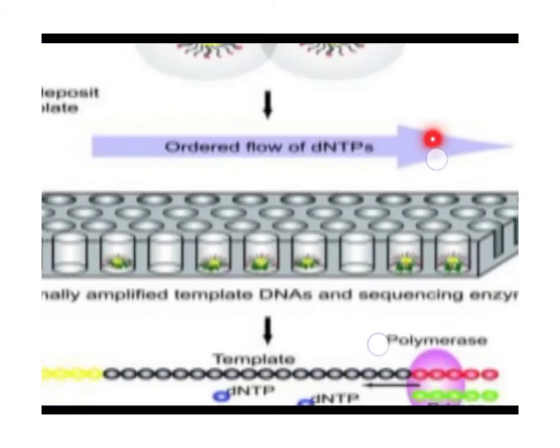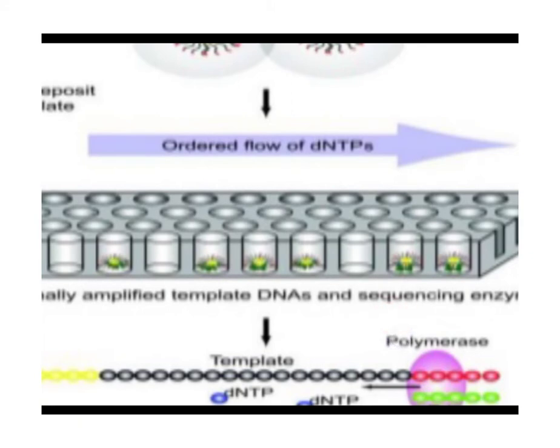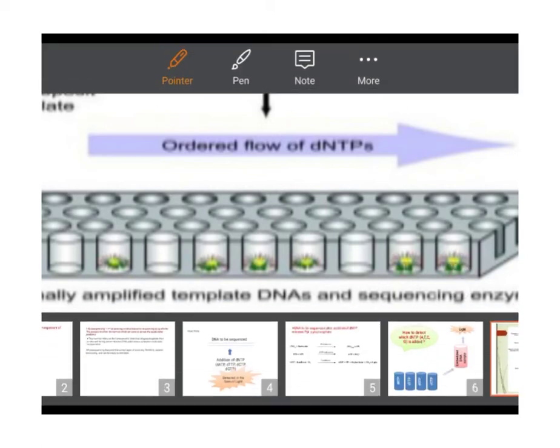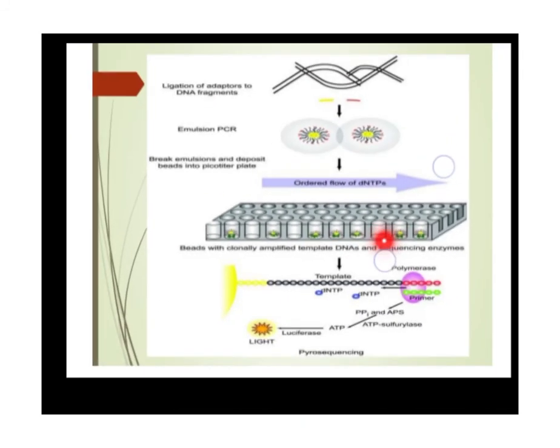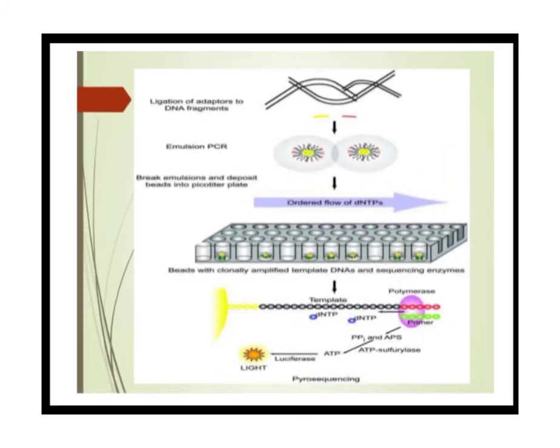This is a picotiter plate where you can keep your DNA samples, and to these samples you add certain enzymes and buffers, and after that you can see the emission of light. If GTP is added to that template and it is complementary, it will emit light. The higher the amount of nucleotide triphosphate you add, the more light will be emitted, which can be detected by the detector. This is just the reaction.